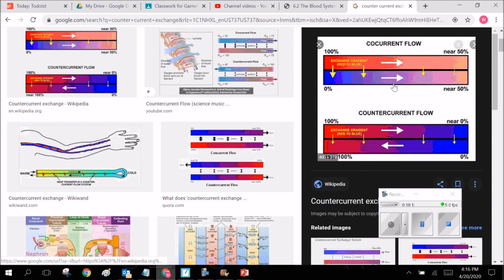Okay, so countercurrent flow. If we have co-current flow, it means that things are flowing in the same direction and they have basically the same concentration, or they will. So let's say this is the capillaries that are coming off of the arteries. So this is all the good blood. And these are the capillaries leading back to the veins and back to the heart. Okay, if they flowed in the same direction and we had 100% oxygen and nutrients in the good blood,